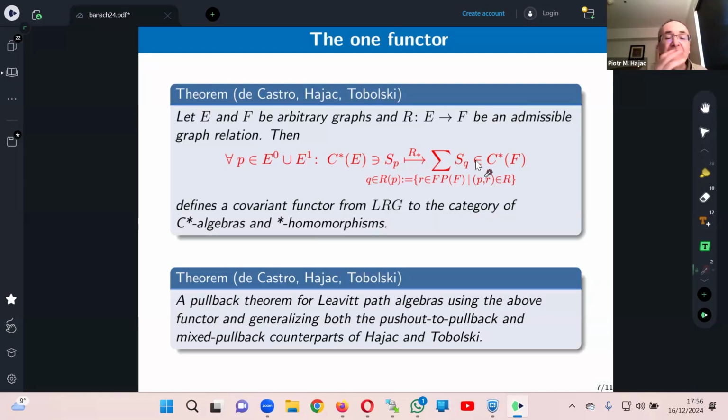Anyway, what is very important is that we have a common denominator theorem for our two most important theorems in the area. So this common denominator is really working. At the moment, we have it only for Leavitt path algebras. And because it digs very deeply into the ideal structure of homomorphisms, we still have to double check that we will have it at the level of graph algebras, but I'm very optimistic about it.